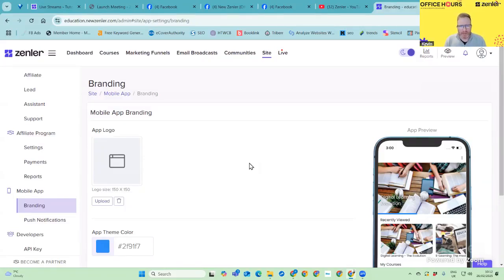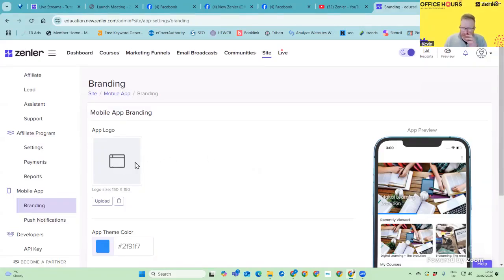That is happening at the moment. A few people have managed to get those built up, and I think they've been shared in the group as well, which is cool. But if you just want to use the Zenler app, the one that we give you, go into iTunes or the Play Store and just look for Zenler app, go onto the tutorial channel. There's a button at the bottom and you can just click the links there and it'll take you directly through. This is what you get access to.